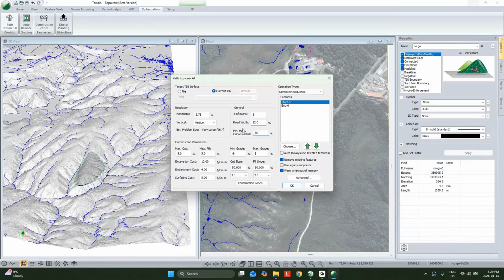I also want to have broader curves, and I won't go super broad here. It's still an industrial road. We want to be cognizant of balancing speed with minimizing our earthworks. So I'm going to go 35-meter radius curves for our minimums. And